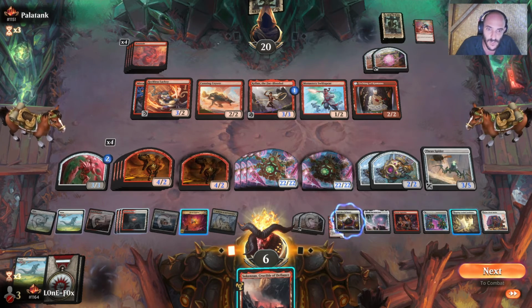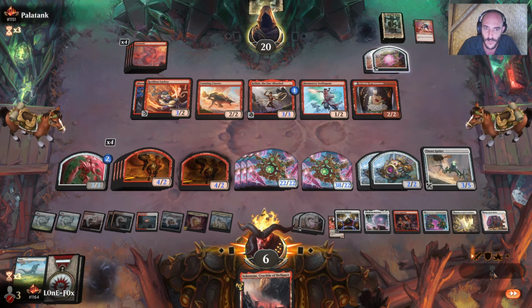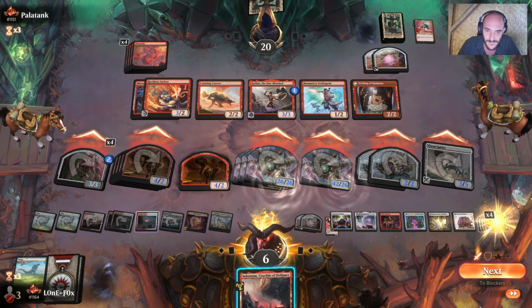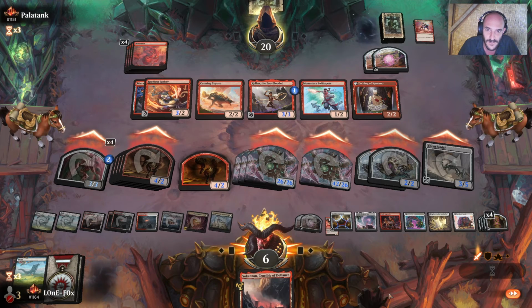I think if we just go like this and swing, we should just be good. I don't think he's going to be able to get around this one. And we can make 2 more blockers and whatever we hit off of the Chimil in case he gets...